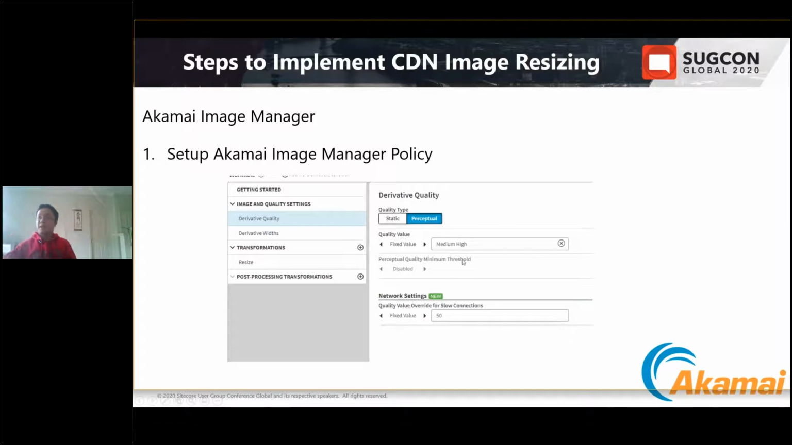So, quickly setting up an Akamai image manager policy. My preference is to use perceptual quality and set it to medium high. Medium high is equivalent to an image compression of 85. The reason why I stress using perceptual quality is that, let's just say you've got an image with a very complex texture. You will just stop the image compression at 85, and then you will just serve the image out. However, if the texture of the image is very simple, so let's just say you've got a large portion of the image with a solid background color on it, then you will start